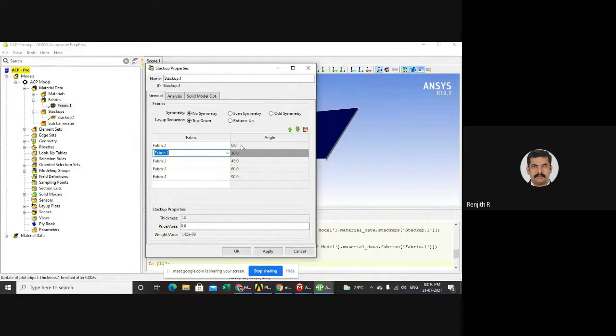So this is the angle provided here, because in my previous session I showed you we can provide the laminates in different angles. That is 0 angle, 30 degree, 45 degree, 60 degree, 90 degree. It purely depends upon our requirement. For example, if I only require strength in X direction, maybe I can provide most of the fabrics in fiber direction. That is, I can provide it as 0 angles for the majority of the fabrics.